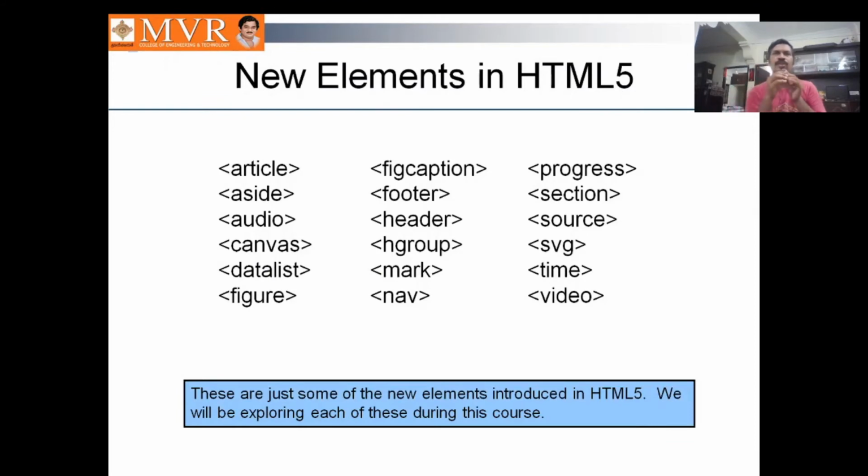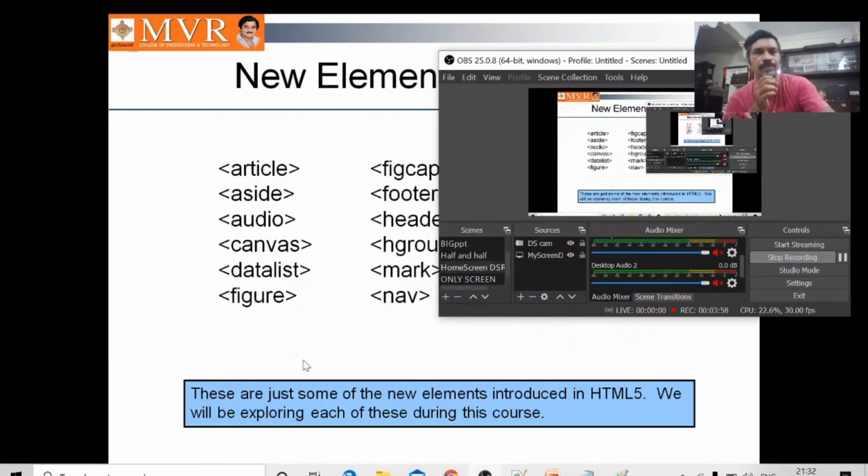These are the new elements in HTML. If someone says something about HTML, we will say HTML is a hypertext markup language which has a number of elements. H1 is there, table is there, form is there, input is there, body is there, head is there, the html tag. Paragraph tag, bold tag, italic tag, underline tag. For a line break, the BR tag. For a horizontal ruler we use the HR tag. These are the various elements available in HTML.